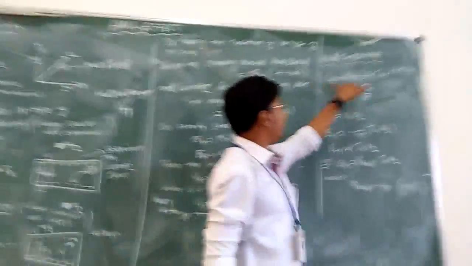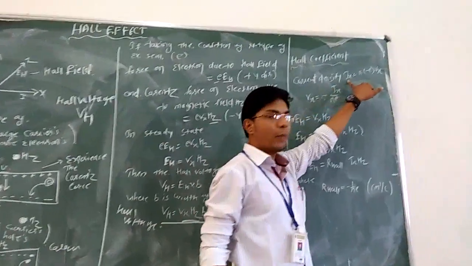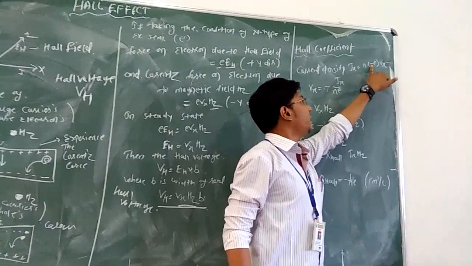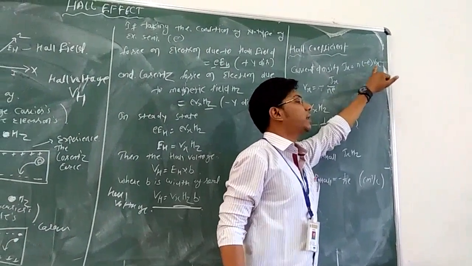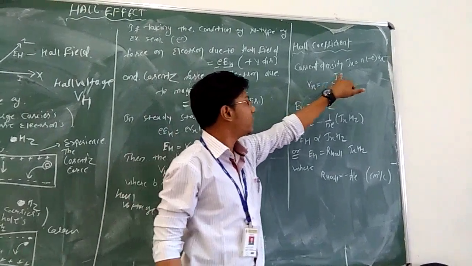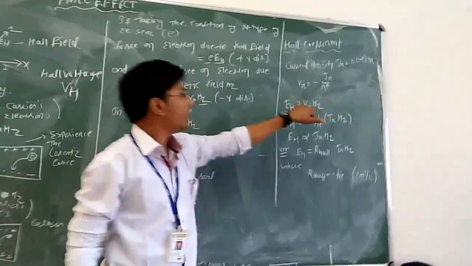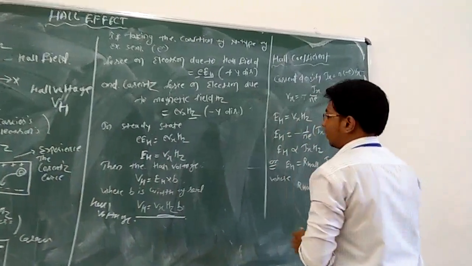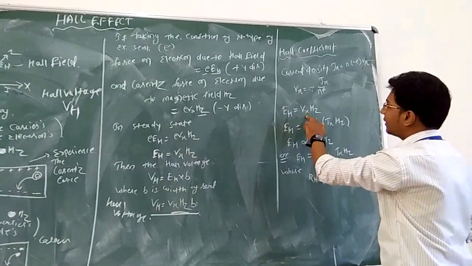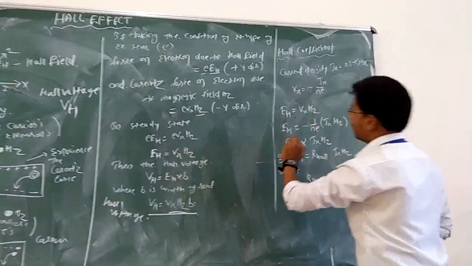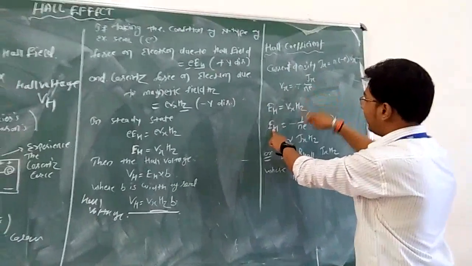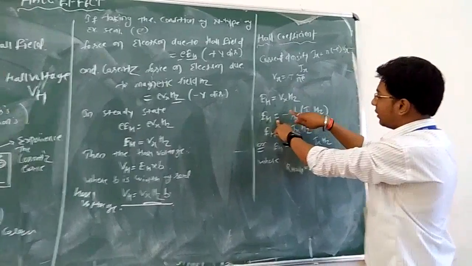We know that the current density is shown by Jx is equal to n, the number of electrons, times e, and Vx, the drift velocity. Now find the drift velocity: Vx is equal to minus Jx upon n e. Then the Hall field, EH is equal to Vx as Z. We know that. Then putting the value of Vx is equal to minus Jx upon n e,